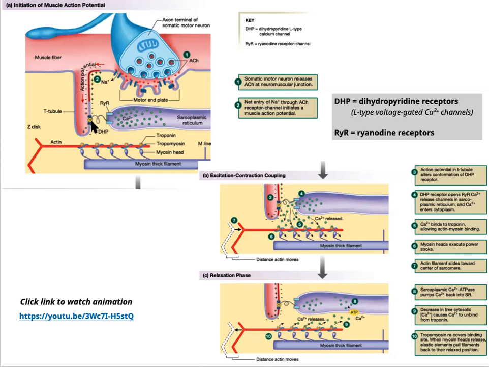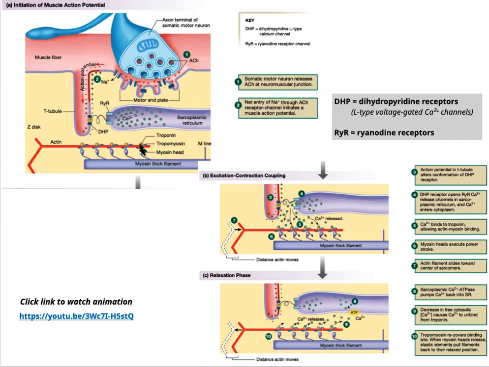So basically we've got the DHP receptor and the ryanodine receptors linked to one another. With the action potential spreading down the T-tubule, the voltage triggers a conformation change in the DHP receptor, which then opens up the ryanodine receptors. What follows is calcium release from the sarcoplasmic reticulum into the cytosol. Calcium then is able to bind to troponin, and troponin, being complexed to tropomyosin,